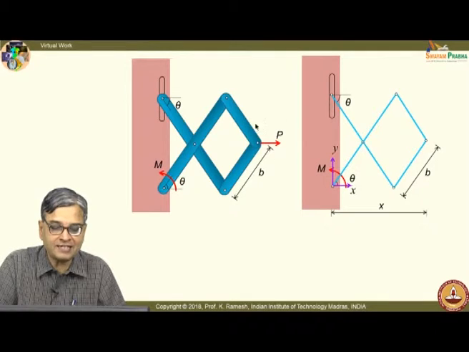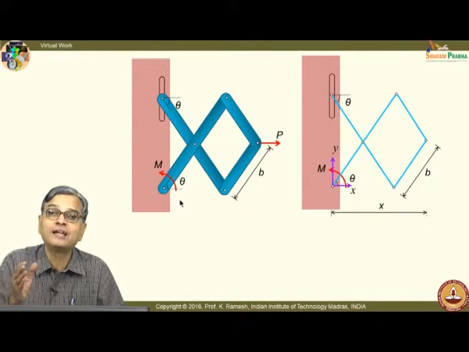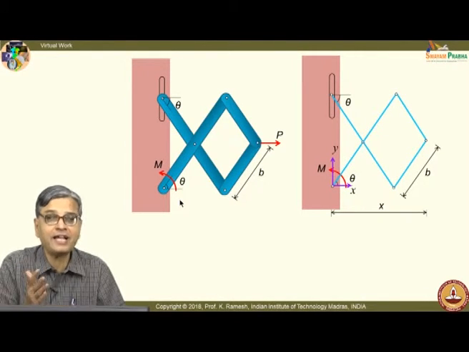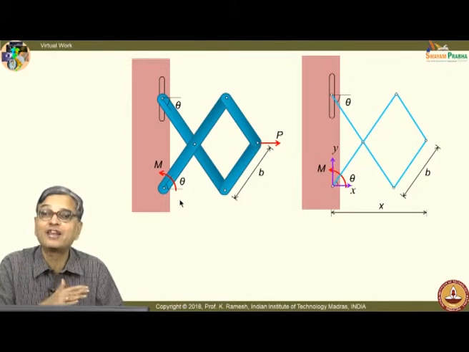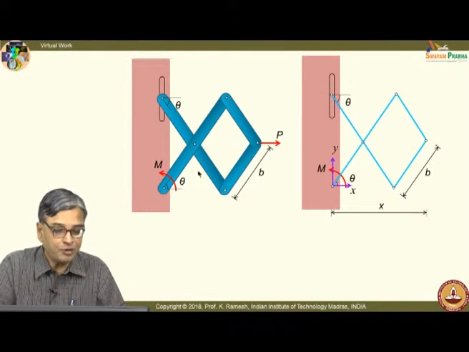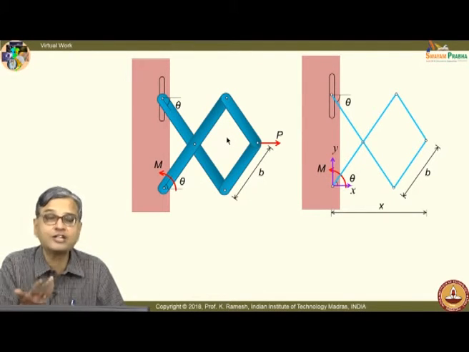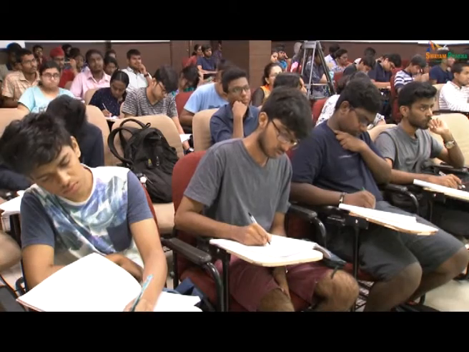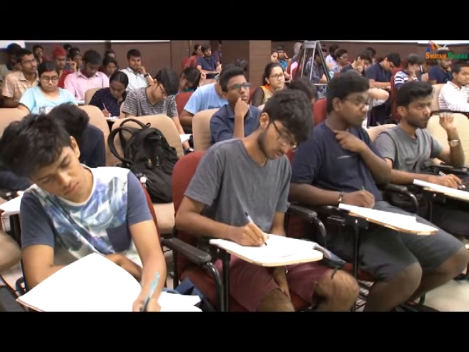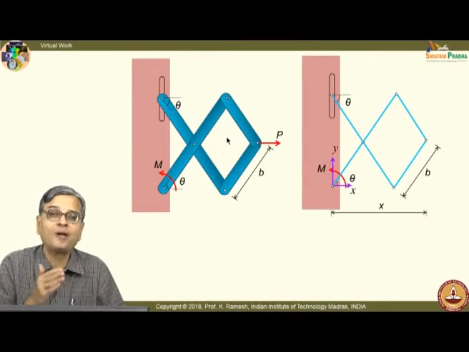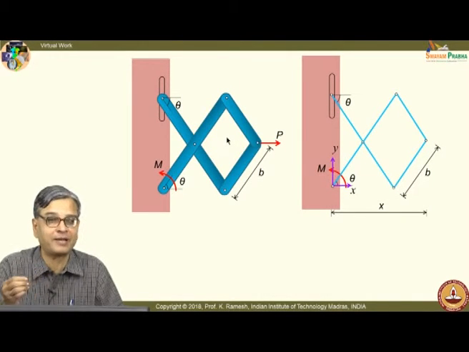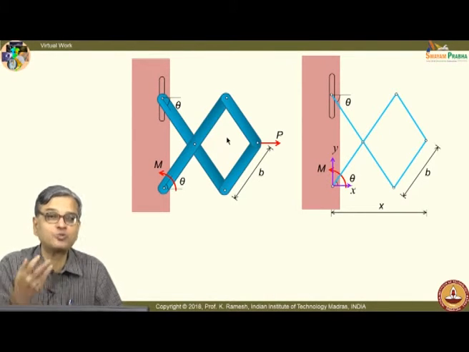So, if I take P as a reference, P will do a positive virtual work. If I take M as a reference, M will do a positive virtual work. Either way, I should get only one answer. I should not get different answers. So, this is one aspect that you have to keep in mind. Suppose I put the angle with respect to the vertical, then also I should get one unique answer, because it is a single degree of freedom system. No matter what independent variable I select, no matter which active force I give a virtual displacement to start with, because they are interrelated.